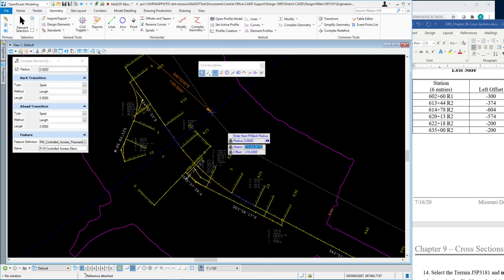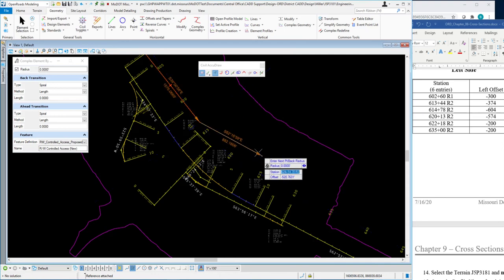We'll lock that in, move our mouse, and place that line by left clicking. One simple left click will place it. Now we'll go to station 614 plus 78, and again that's region 2. We'll lock that in, move our mouse, and you can see I've lost my